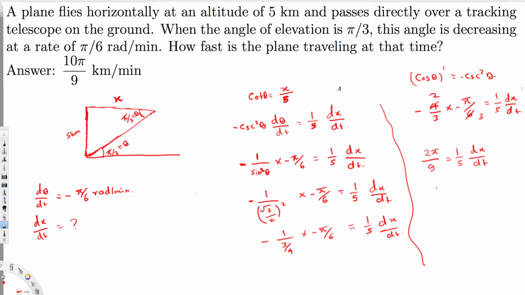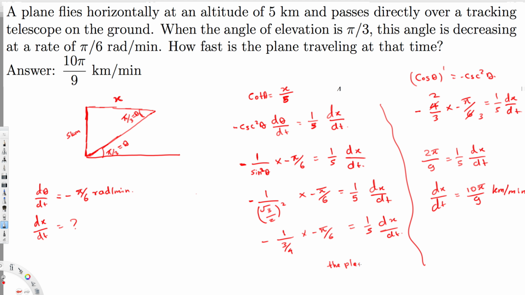And if I solve for dx/dt, I will get 10π/9. Since the height is given in kilometers, this is going to be kilometers, and the time is given in minutes, so this is going to be kilometers per minute. And the answer is positive. They didn't ask for increasing or decreasing, so we can say the plane is traveling